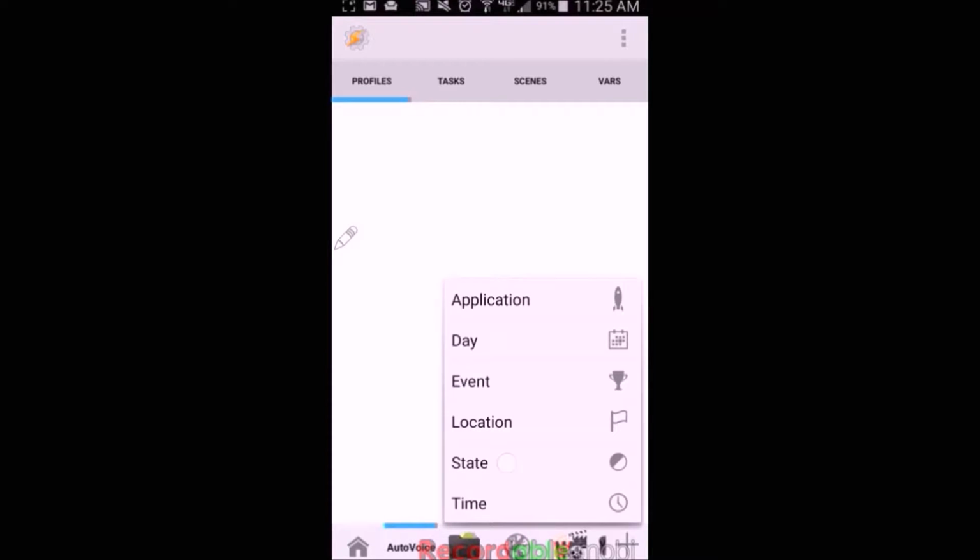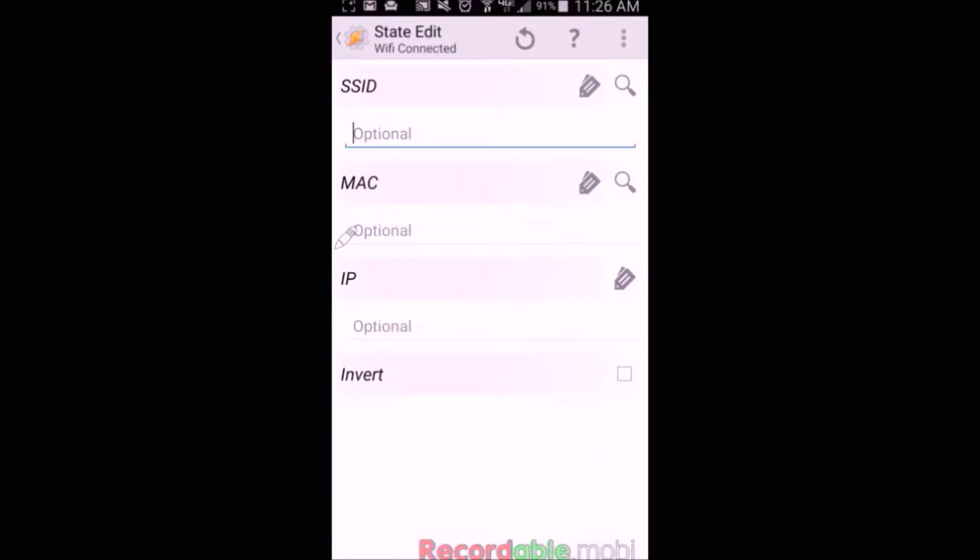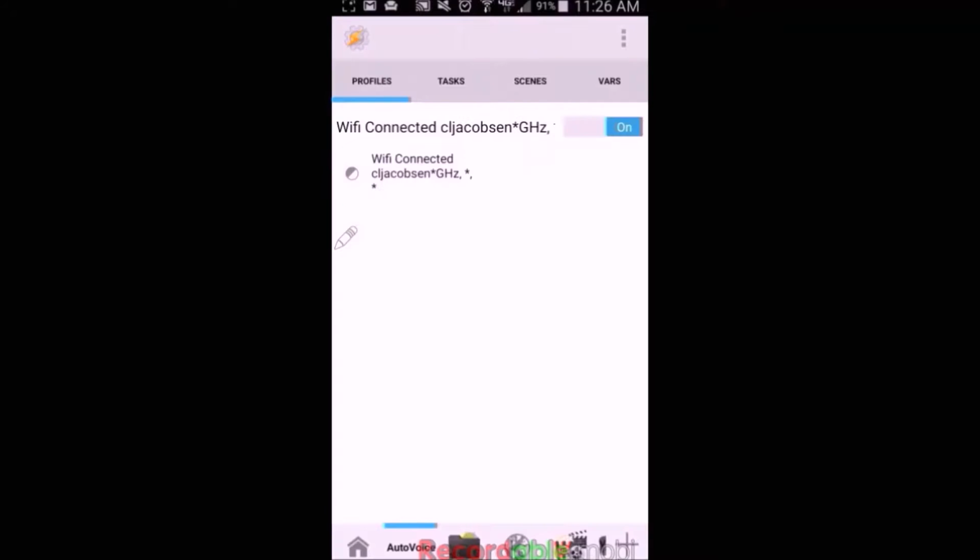Okay, so being that while connected to our local Wi-Fi, using the UDP Sender is a faster method of communicating with Voxcommando. We're going to go ahead and create a profile that will keep track of whether or not we're connected to our local Wi-Fi. So we're going to create a new profile and select state, and we're going to use Wi-Fi connected, and then just put in your SSID, and then hit the Tasker back button,